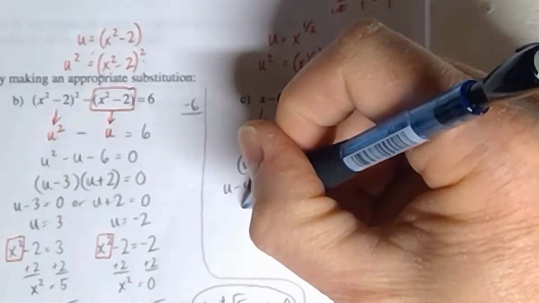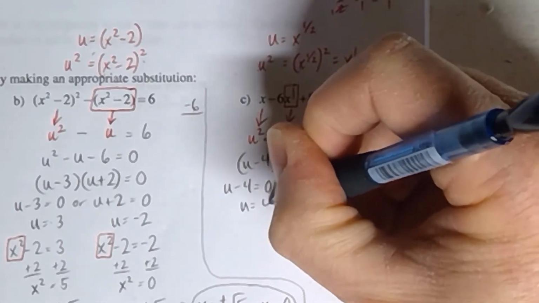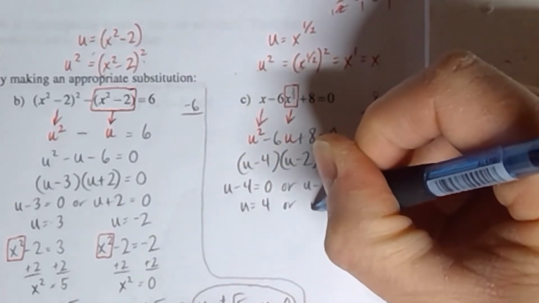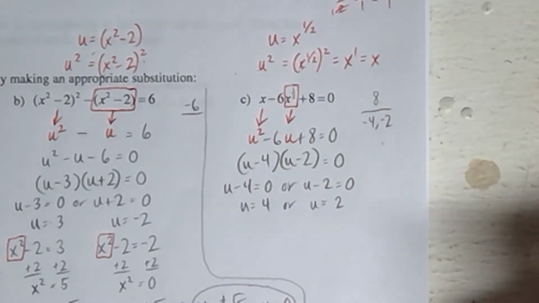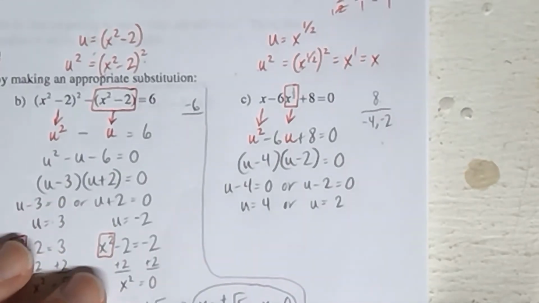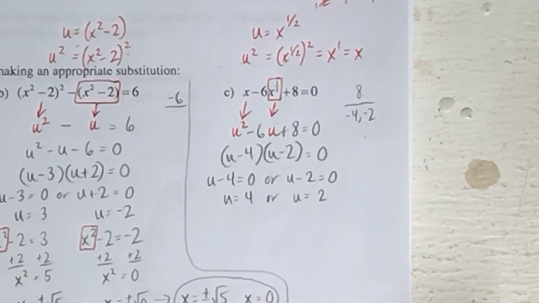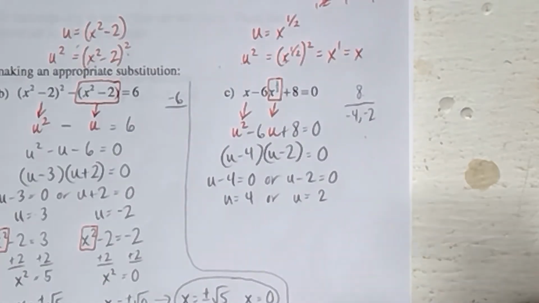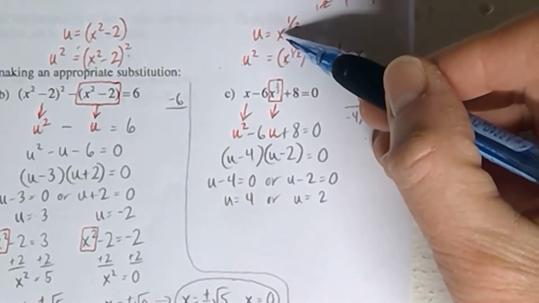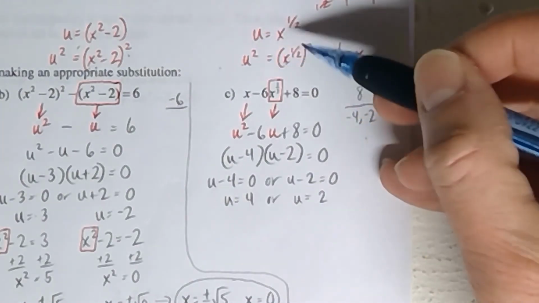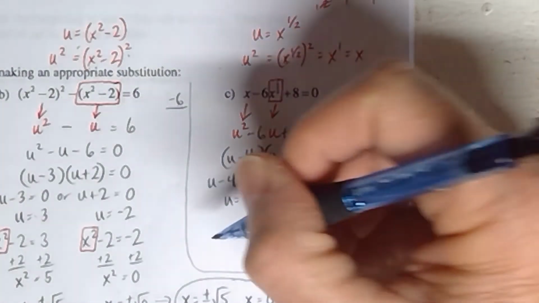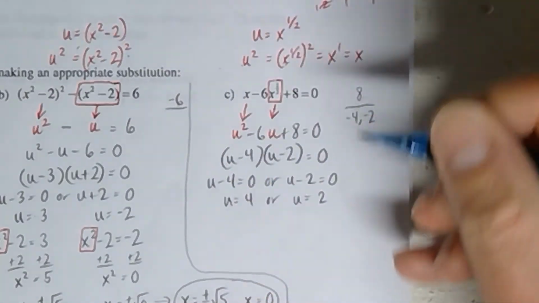That gives me what two answers here? 4 and 2 when I move the 4 and the 2 over to the other side. Once again, I have now solved for U. But that's just halfway through the problem now. What's the other half? Okay. You take the thing that U is equal to and you put it back in. But before I do that, though,